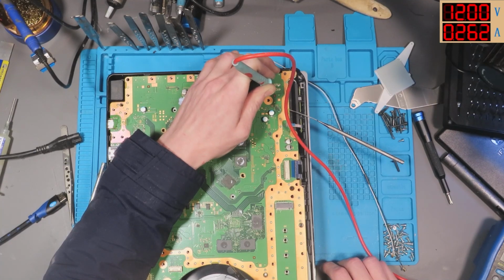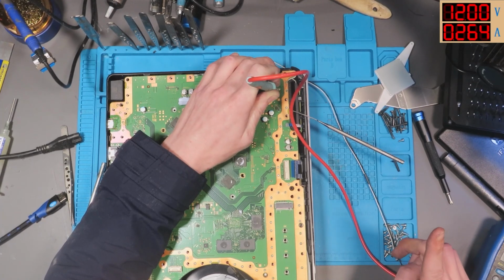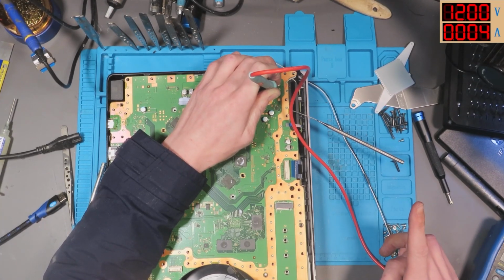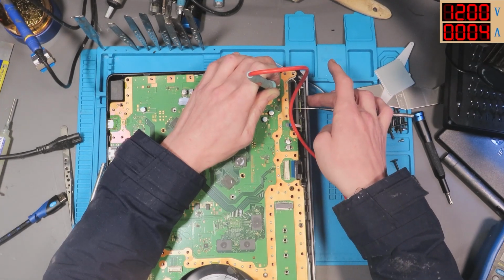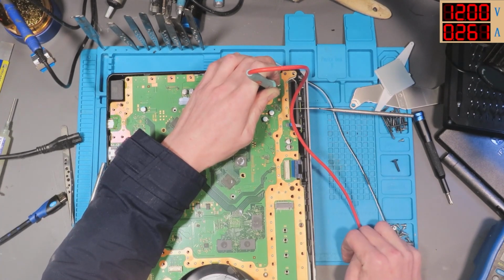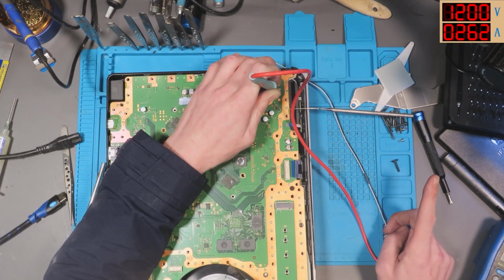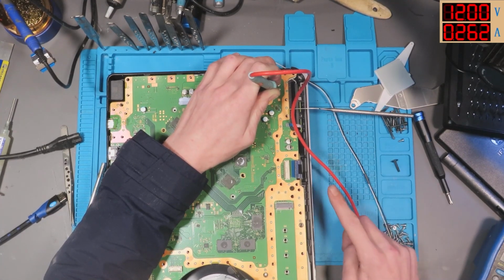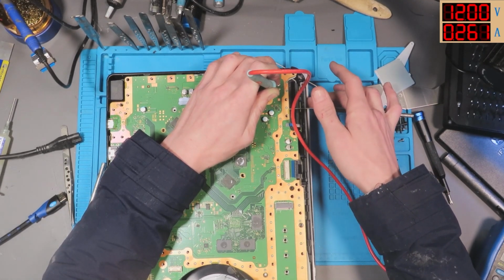The current draw would drop. It would drop out on the 1.1 volt rail. And I'll show you that in a minute. Right, now I'll be able to press it again. Watch this. See? It's going to be the 1.1 volt rail which drops out right before I can turn it back on again. So I won't be able to press that